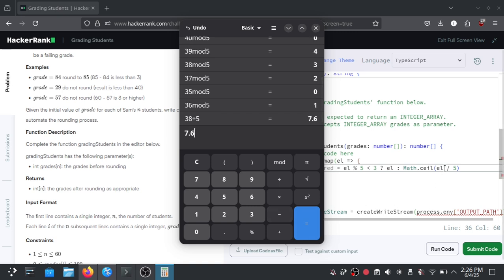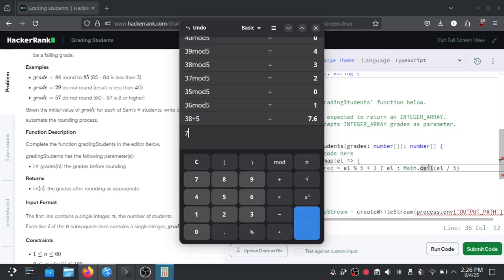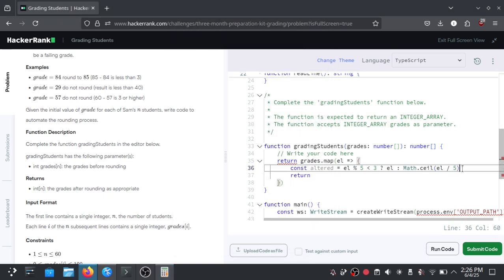If we use Math.ceil, the result will be 8. It also applies to 7.1 or 7.2, unless it's exactly 7, in which case the result will also be 7. This is the main function of Math.ceil.